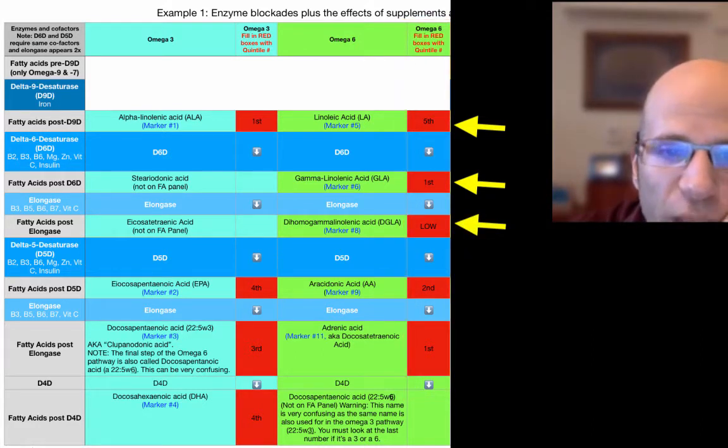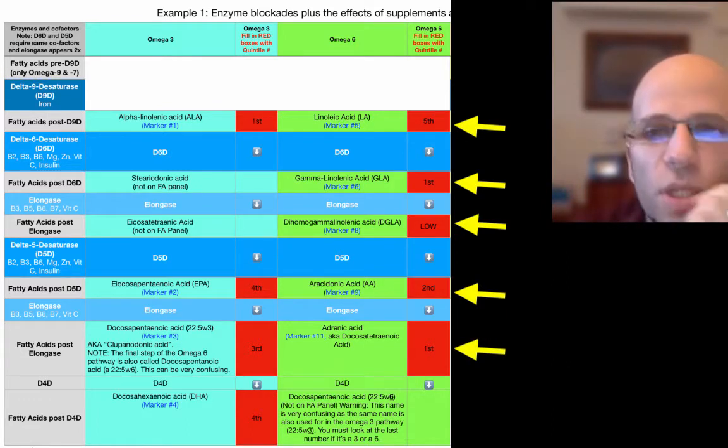Then marker number 8 is low, right there. Then marker number 9 is in the second quintile. It jumps up, and then marker number 11 is the first. So what we're seeing here